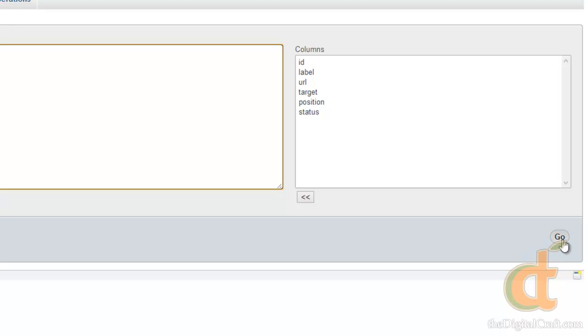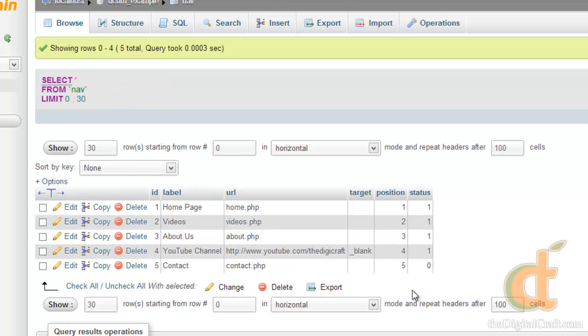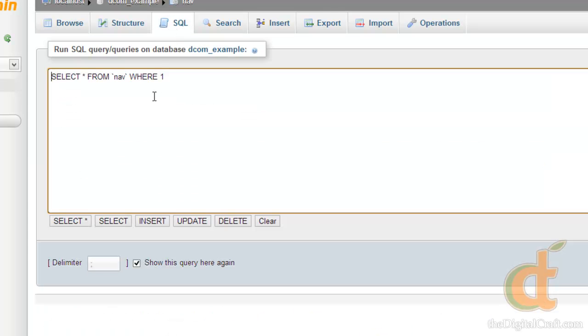So go ahead and click go, and click on browse, and there you see. Change the status to 0 and the label from contact us to contact. Now we're going to run one more update query. We'll say SQL. And let's say we want to change that status back. So update nav set status equal to 1